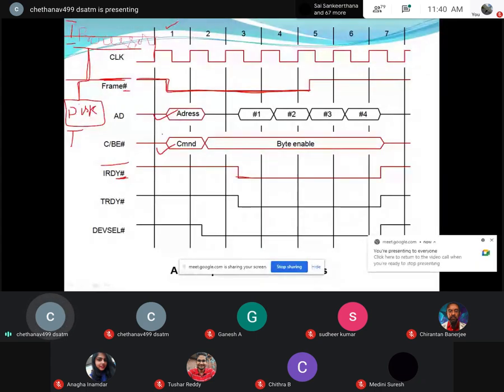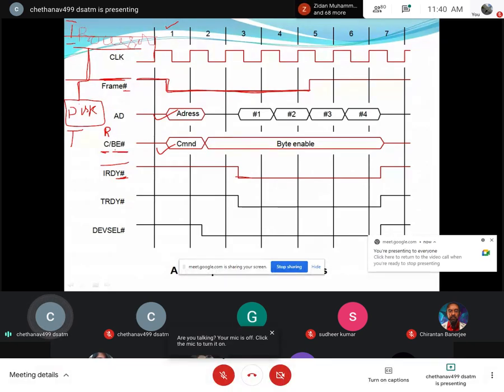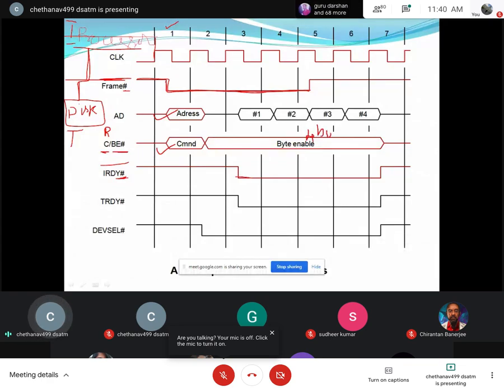That is why the control signal C is equal to a read operation or write operation. This is byte enable. What is the meaning of byte enable? You are able to read 4 bytes of data at a time, which means you can transmit 32 bits of data simultaneously. Since you are going to read a bulk amount of data, I'm reading 4 bytes simultaneously. Here you have initiator ready.